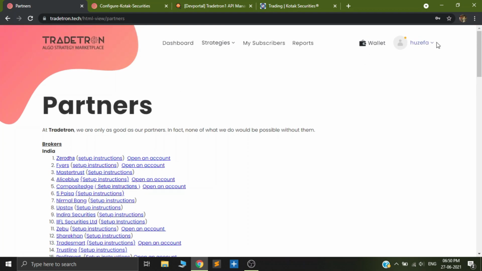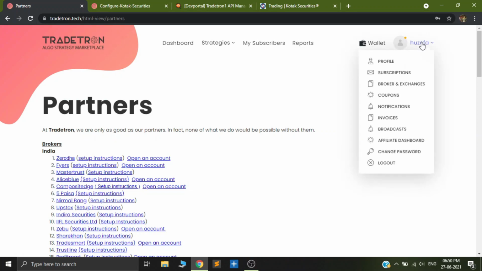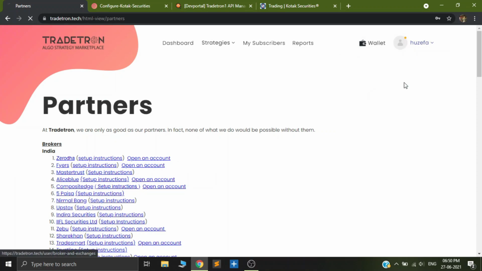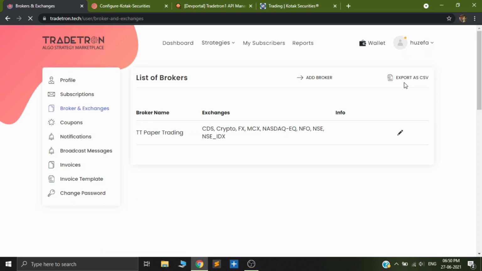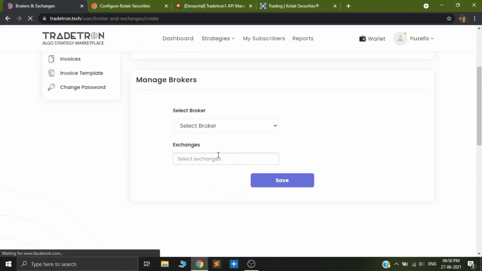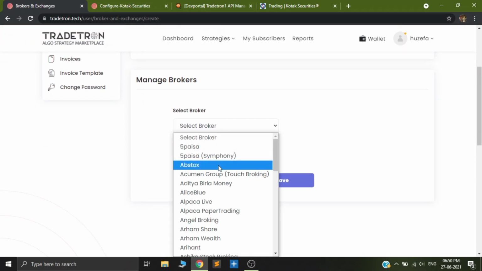Out here, I will go to my name and select brokers and exchanges. Now out here, I will select add broker, and in my broker, I'll look for Kotak.